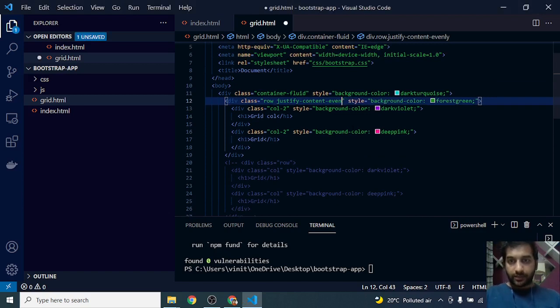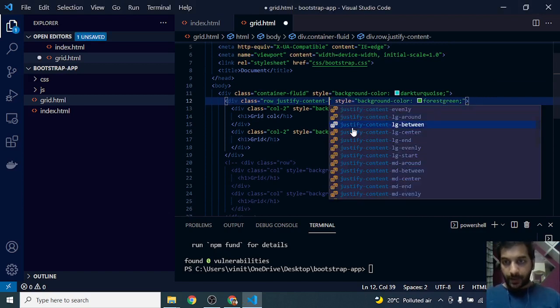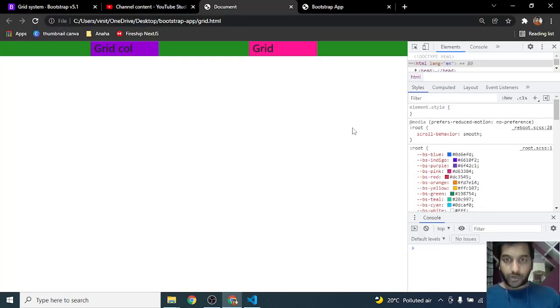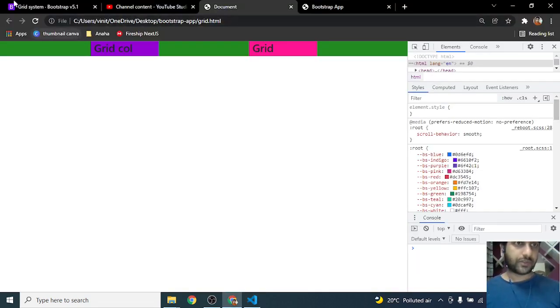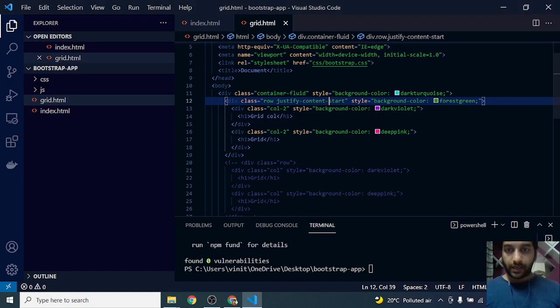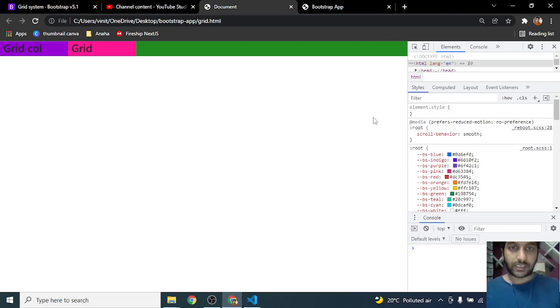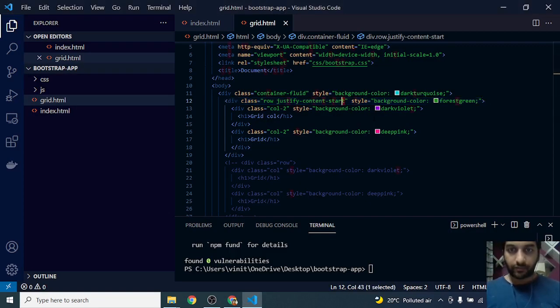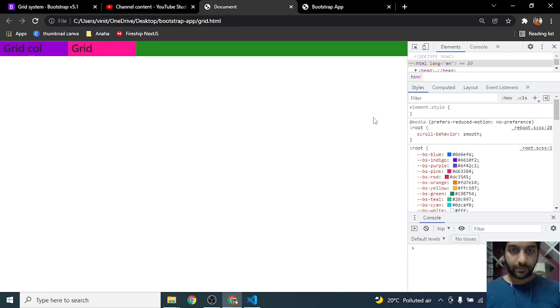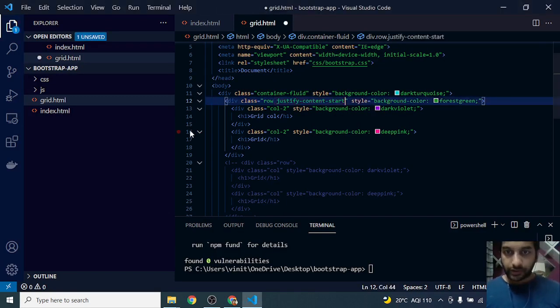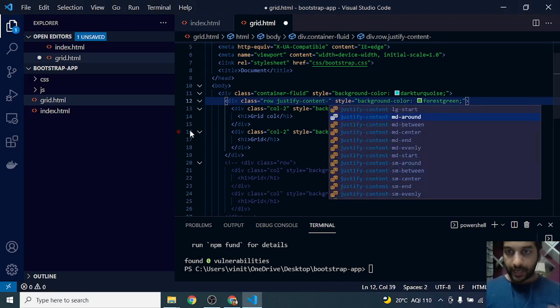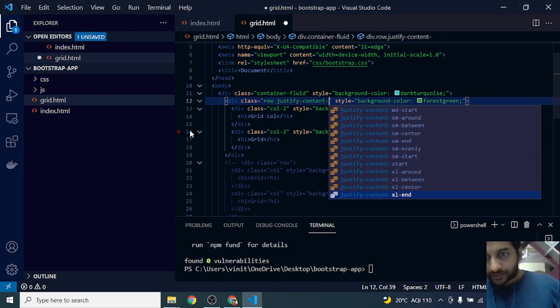Now let's look at more options. Start will work the same as not putting anything, right? Let's do that also. It works exactly like I've done nothing. Even if I remove this entire line, it will work the same. So that's the default, right? And let's see if there is anything that we have left. We haven't missed out on anything.